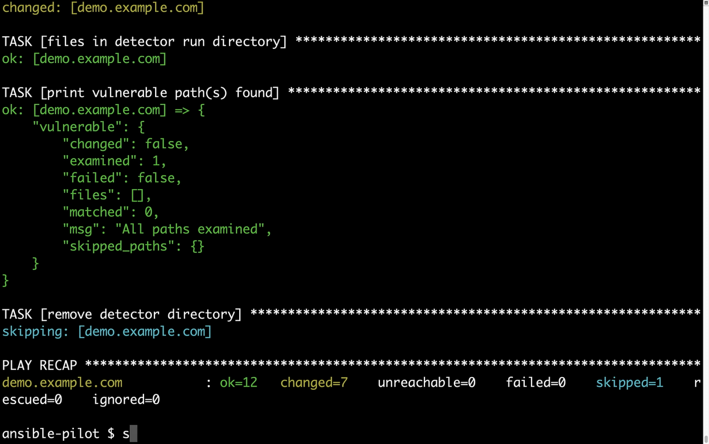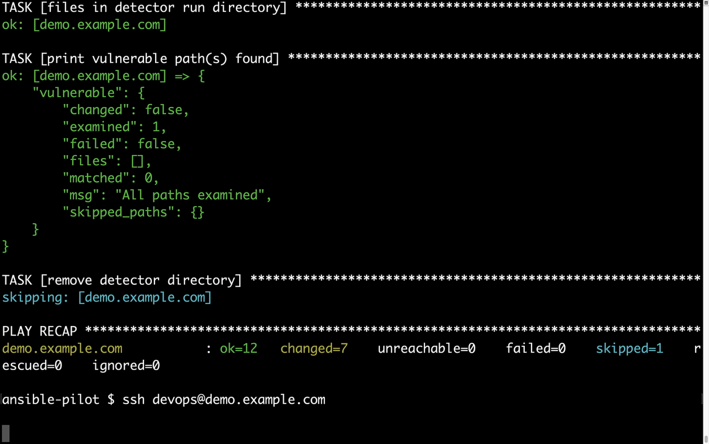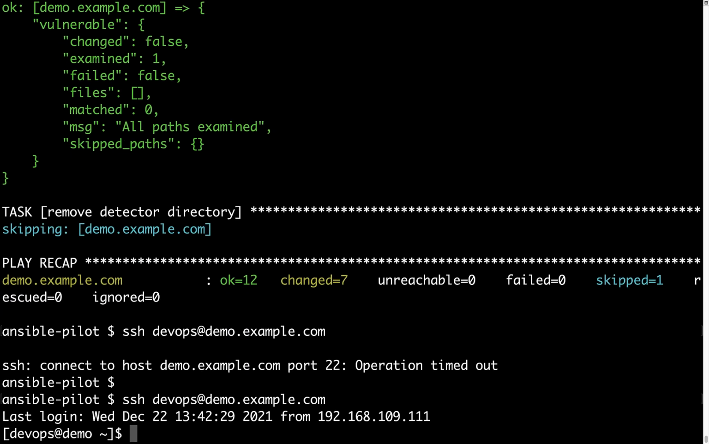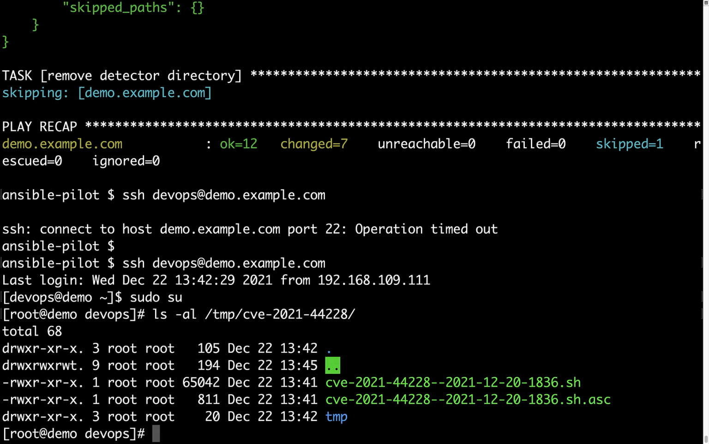Let me connect via SSH to the target machine to verify the directory structure. So ssh devops is my username at demo.example.com, and it's going to take a while. My network connection is a bit slow today. Let me connect again. Let me type again my password. Oh, here we go. Now we are inside the virtual machine, and let me list the content of my detector directory